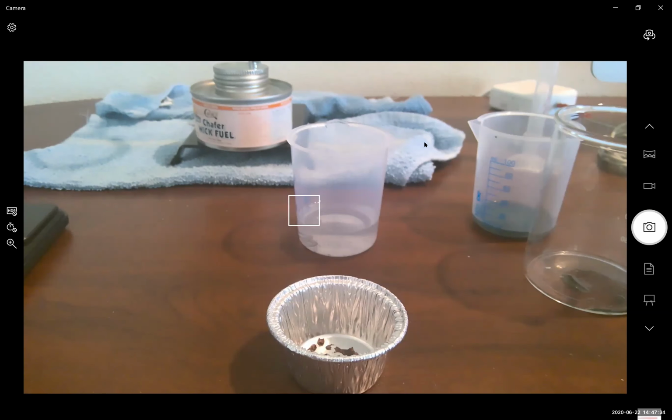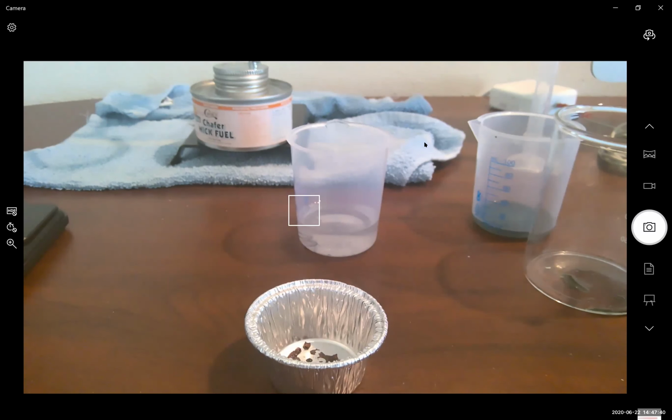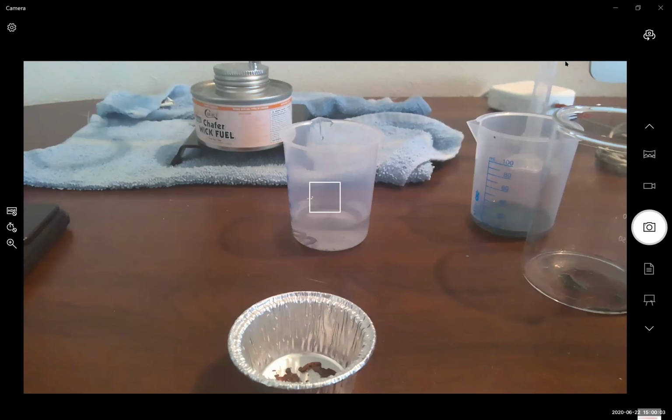So I'll be setting it up on a baking pan and putting it in the oven for the desired amount of time. In this case, based on your laboratory manual, you're going to want to heat it for about 15 minutes or until all the water is evaporated. So I'm going to put this in my oven on a pre-prepared baking pan. So we'll pause at this time and we'll resume once it is finished baking. Okay, so we finished